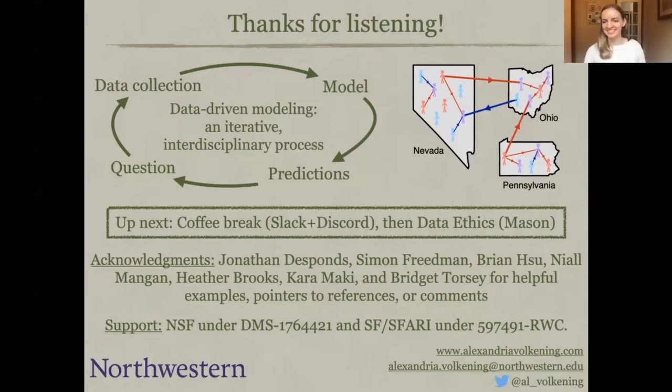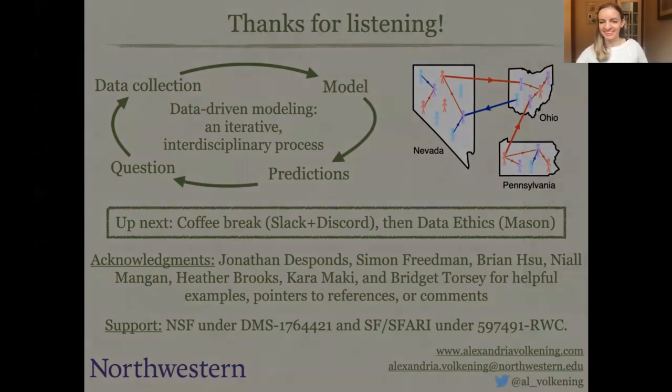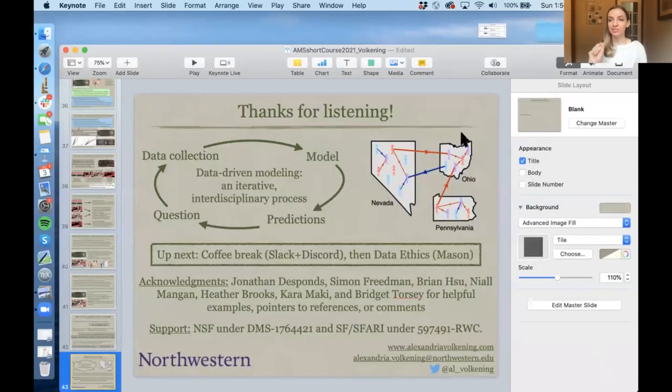All right, let's thank Dr. Volkening for her wonderful talk. You can visually clap. You could use the reactions to show your support for her talk. Thanks so much. We have time for just a few questions, but I promise I have collected them all, and I will pass them on to Dr. Volkening. So anything that doesn't get addressed, especially some of the more specific stuff, we'll pass that on, and that's something we can discuss in the Slack.